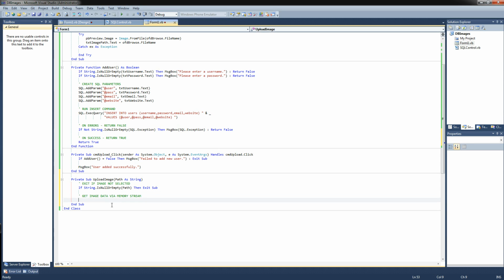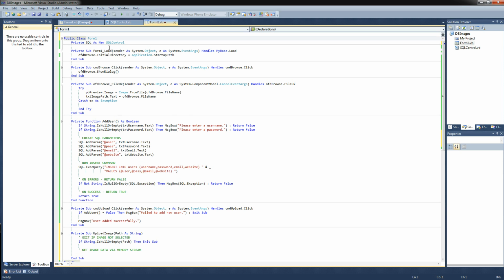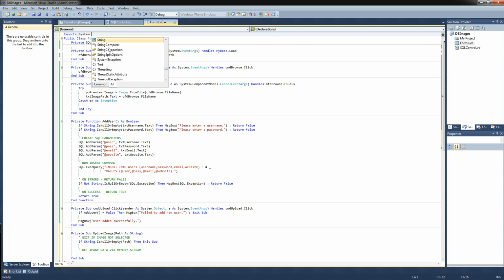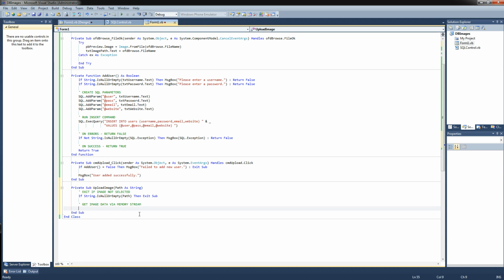Okay, now to be able to use our streams, use the system's file stream, it's nice to have a reference to the system.io namespace. So I want to go up above our class here and say imports system.io. It's not a requirement, just shortens your code later on. Instead of having to call the entire namespace every time you want to stream, you can just call the memory